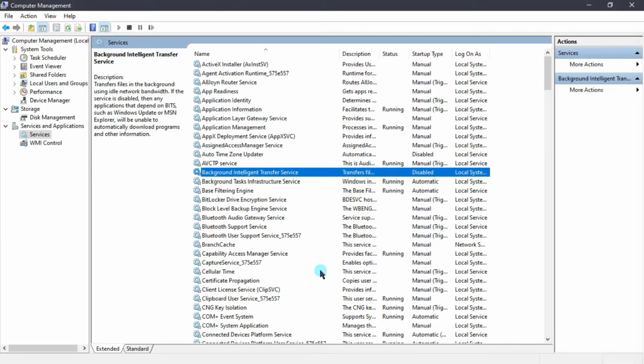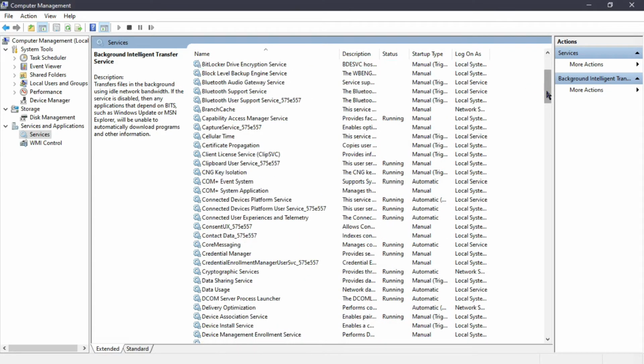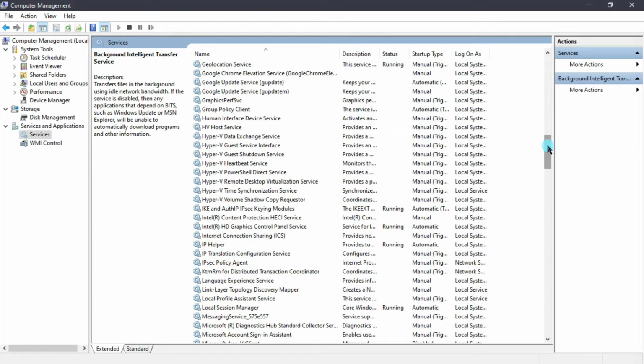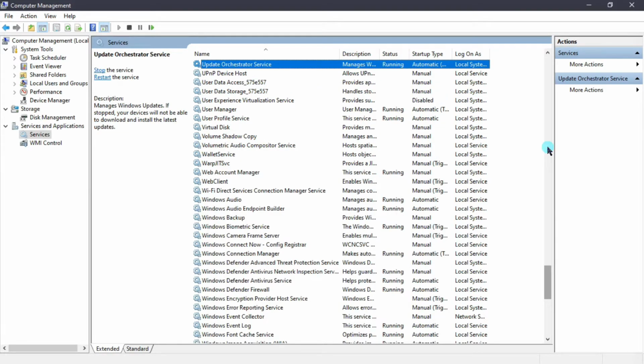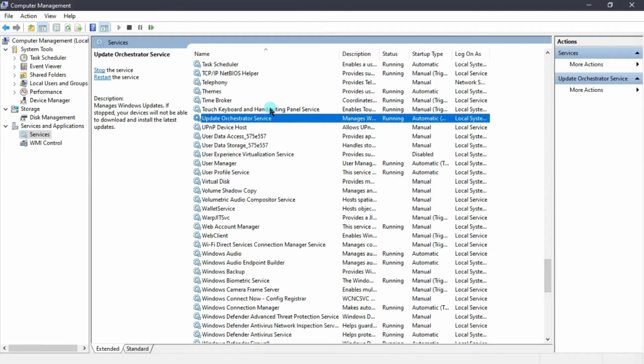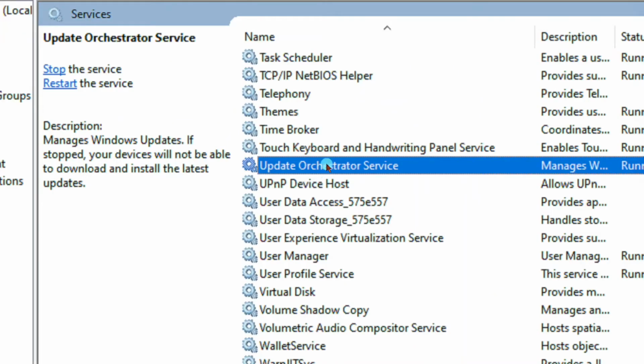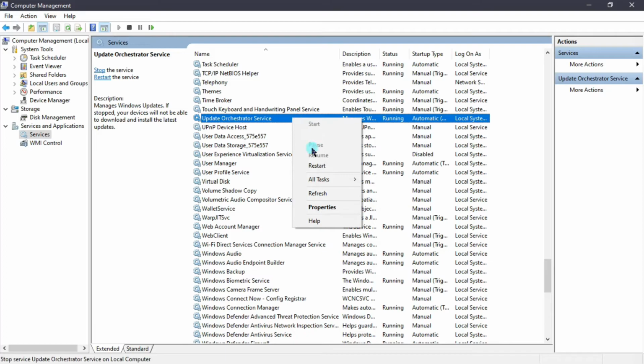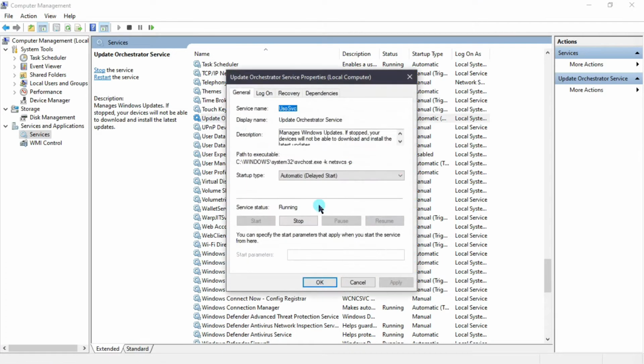Now you just scroll down from there, or you just press U on your keyboard. You can see there is one more service which is known as Update Orchestrator Service. Just go to Properties. After that, again you can see in the description, it manages Windows updates.